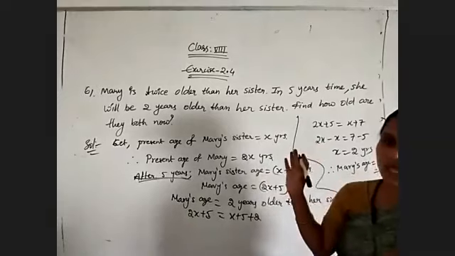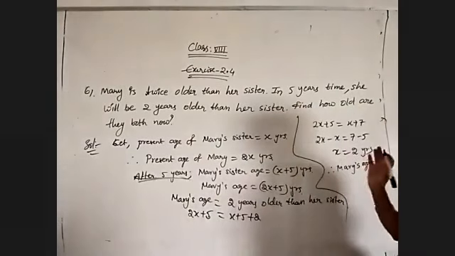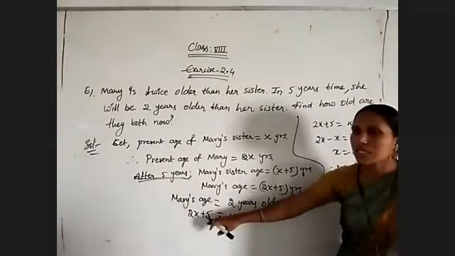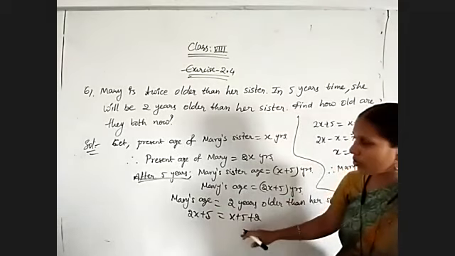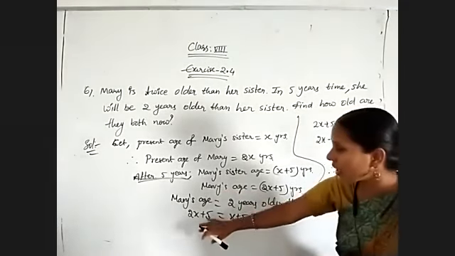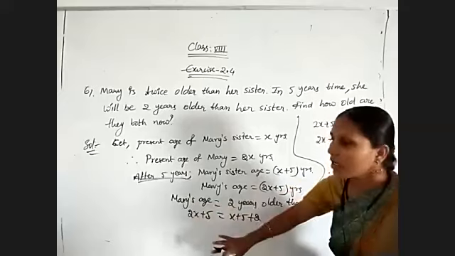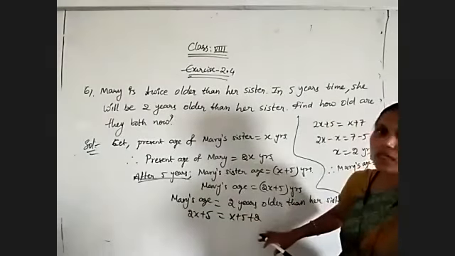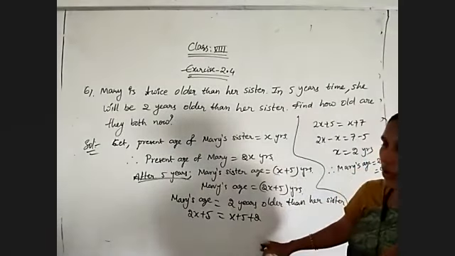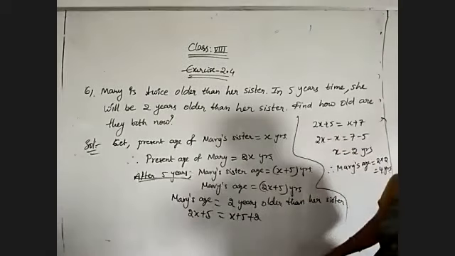Like this, we have solved so many questions, but we did not do that. Both sides we did not get the variable. In such type of questions, only one side we got the variable term. But now here we got in both sides variable, and like this we have simplified. Okay.